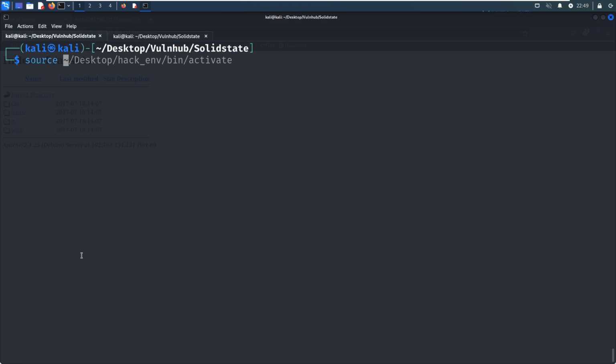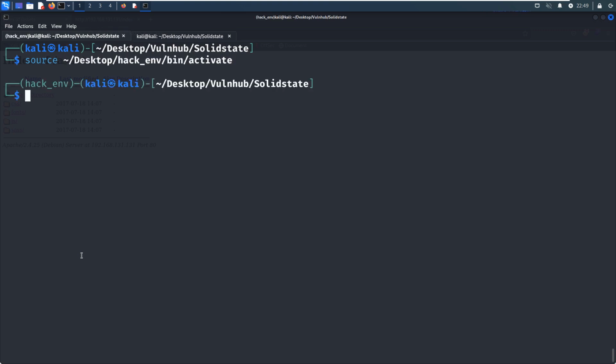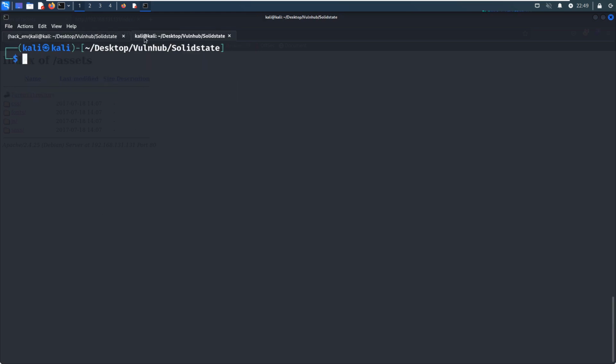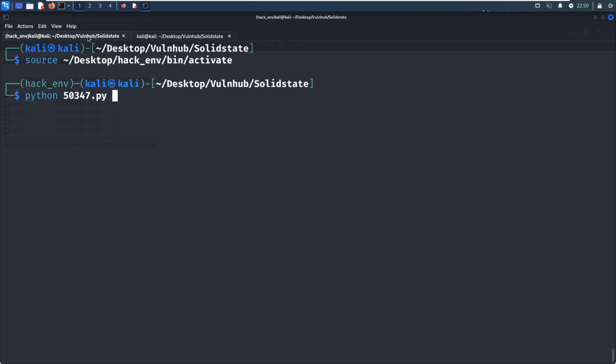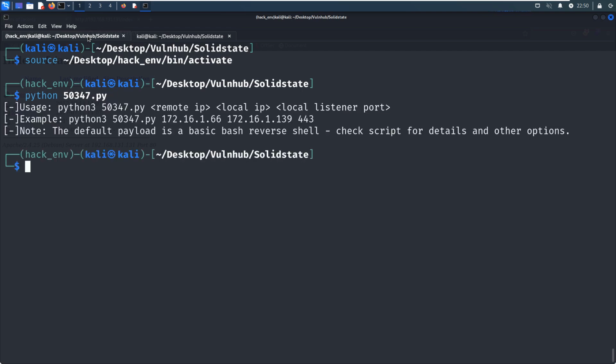Of course, I will use the virtual environment of Python. And in the meantime, we can set up the listener on the Kali Linux. And we need to specify the target and also the local machine and port number to be listened on.